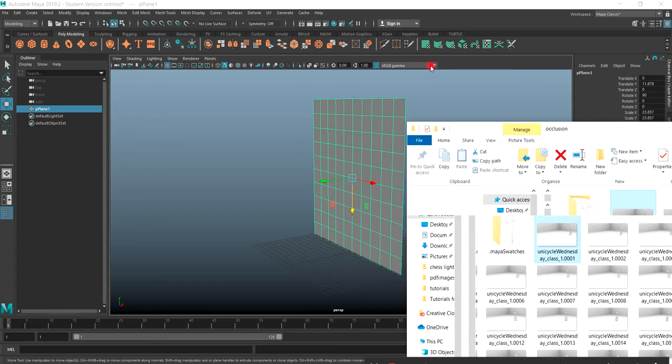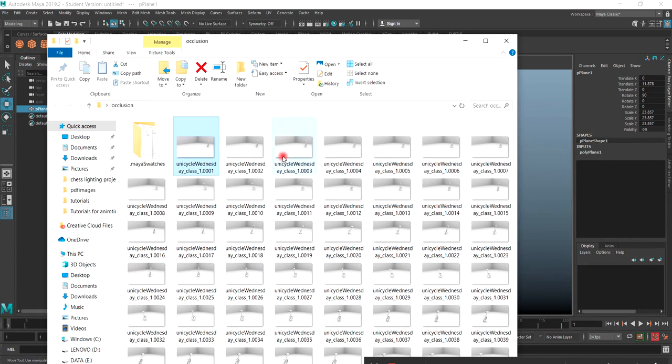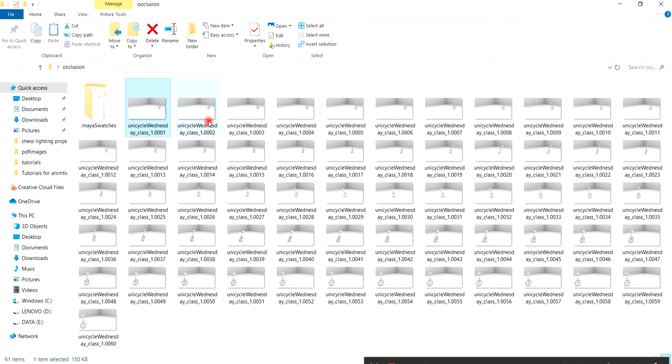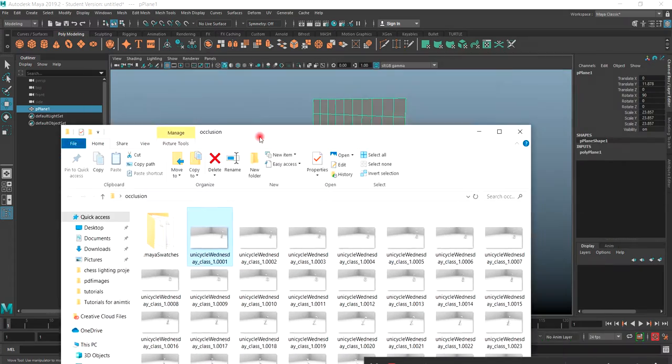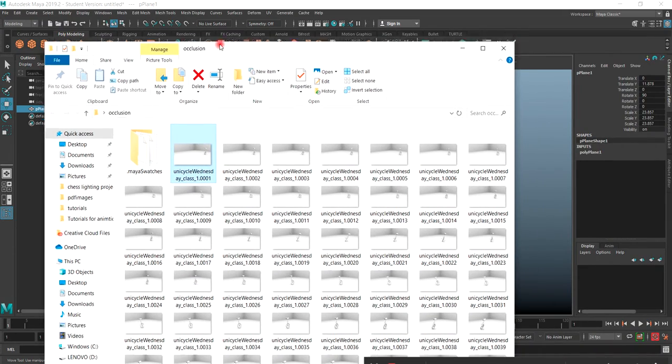So, for instance, this early unicycle render that I rendered out early in the class period, I rendered out in a sequence, and it gave it these 001, 002, 003, 004. That's an image sequence, basically. So if I were to want to add this movie file, however,